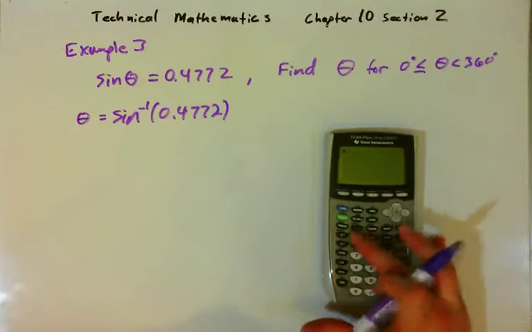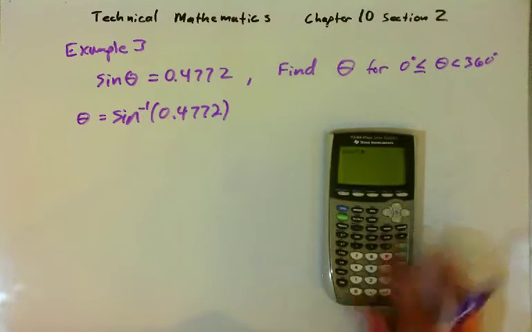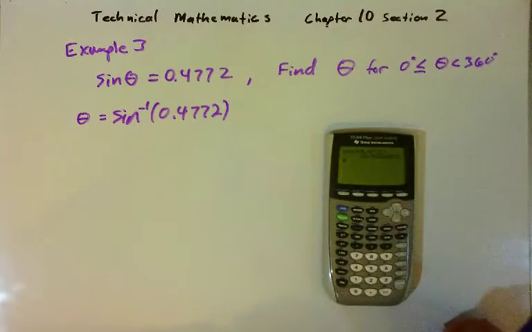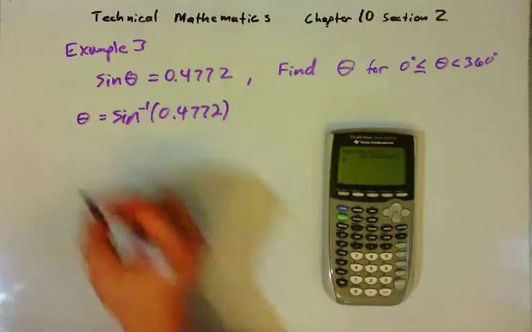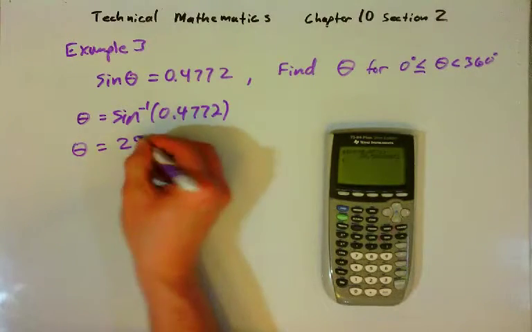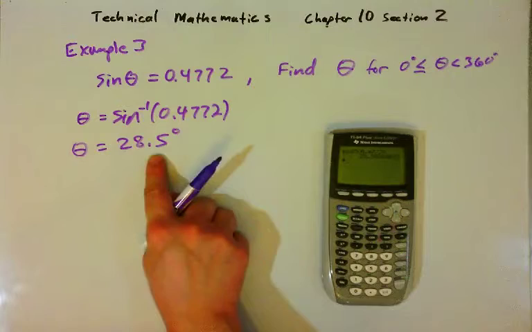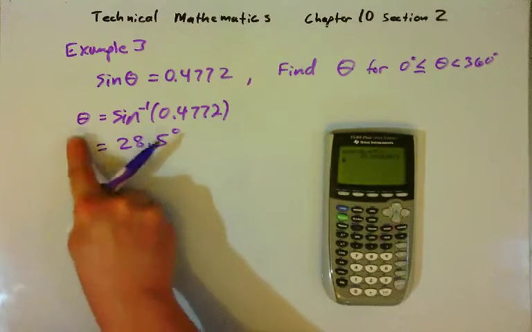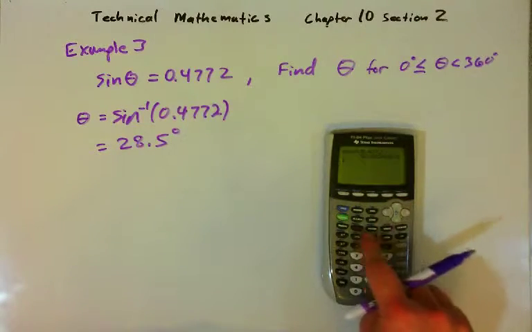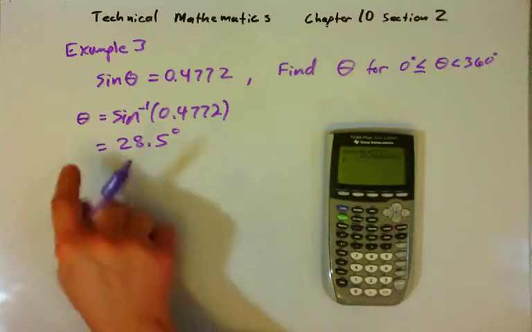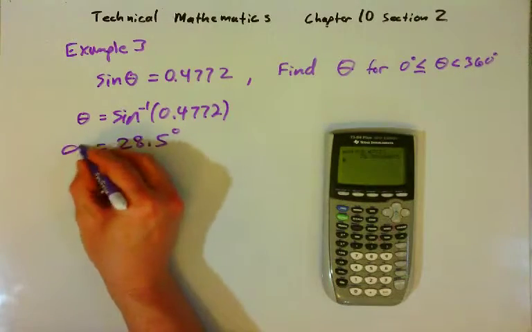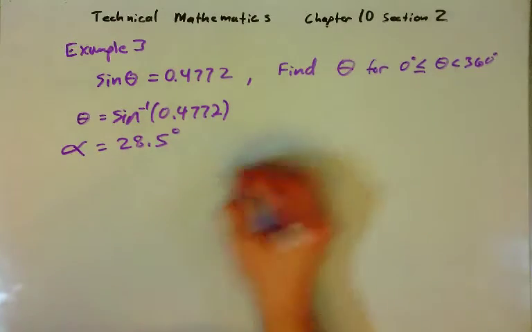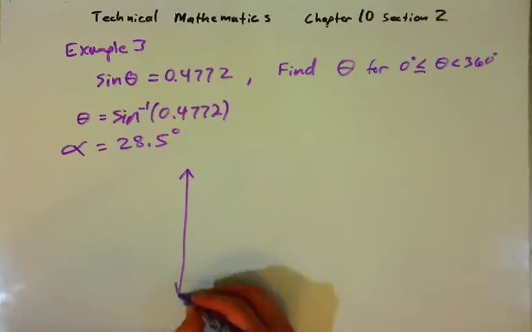And so we'll type that in. The inverse sine of 0.4772 is equal to 28.50. Theta is equal to 28.5 degrees. Now, this is not actually theta. When your calculator gives you an answer for the inverse sine, inverse cosine, or inverse tangent, your calculator is always giving you an answer for alpha, the reference angle. And so, what does that mean? If we look at a coordinate plane,